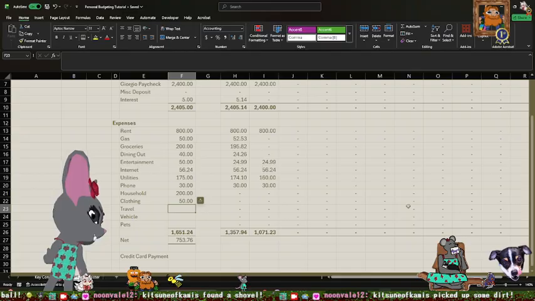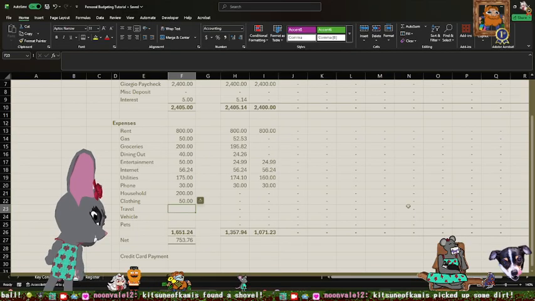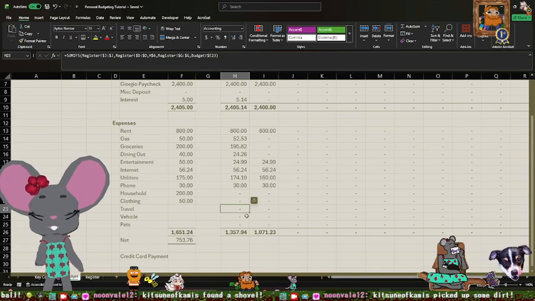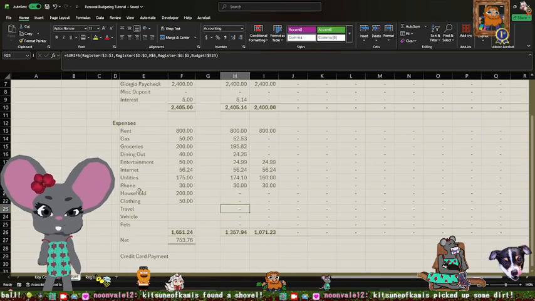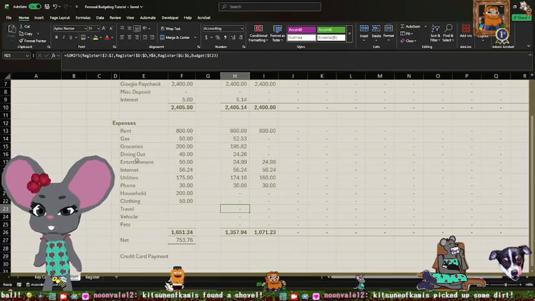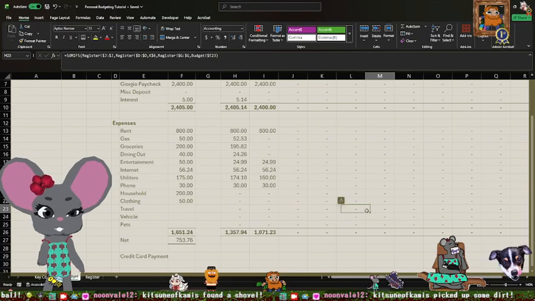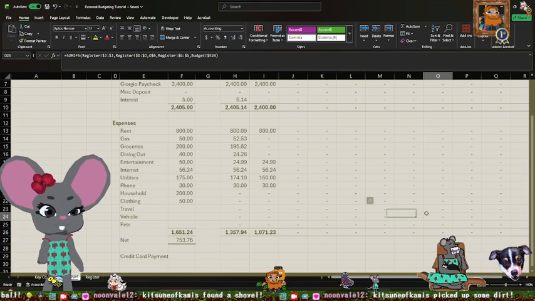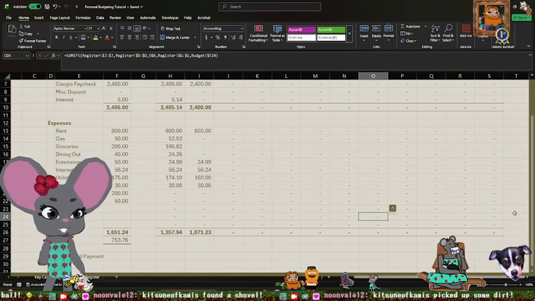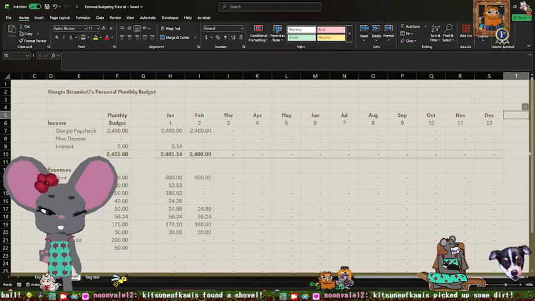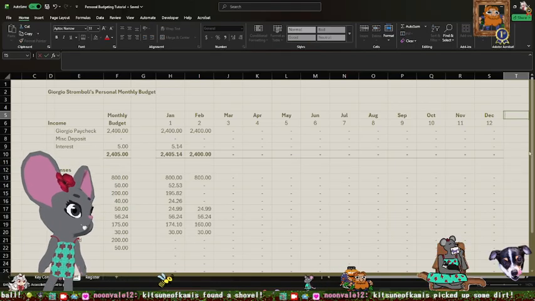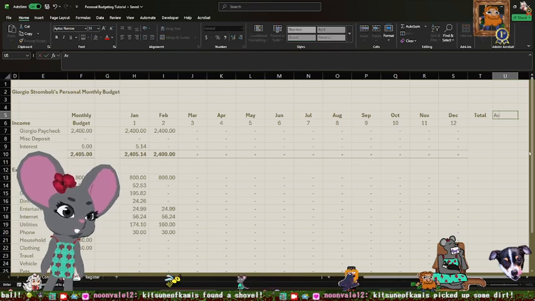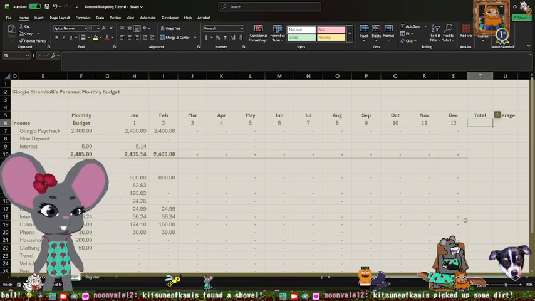Travel. Again, that's not necessarily a monthly expense, but if you plan on traveling regularly, I mean, we broke it out because it doesn't really fit anywhere else, but it will pop up here as you have travel expenses. And we're also going to do a grand total. Actually, no. Yes. We do a grand total, and then we also do an average. We'll fill that in later.